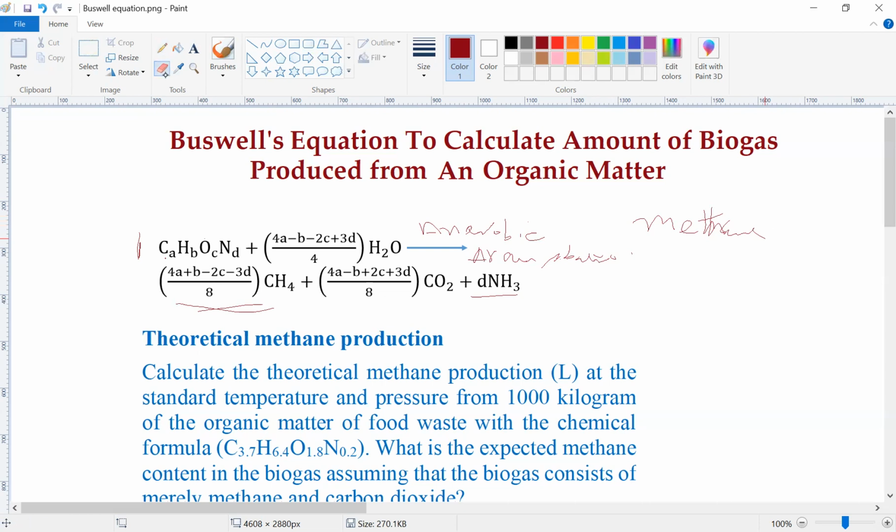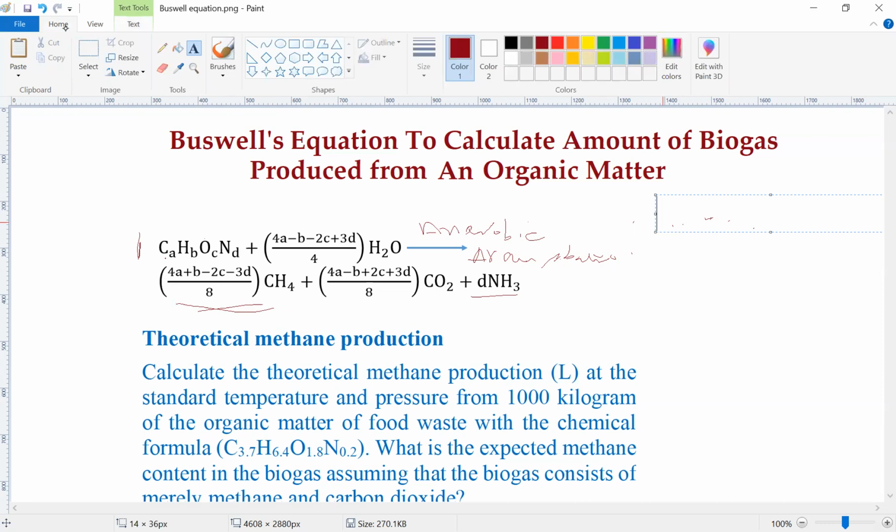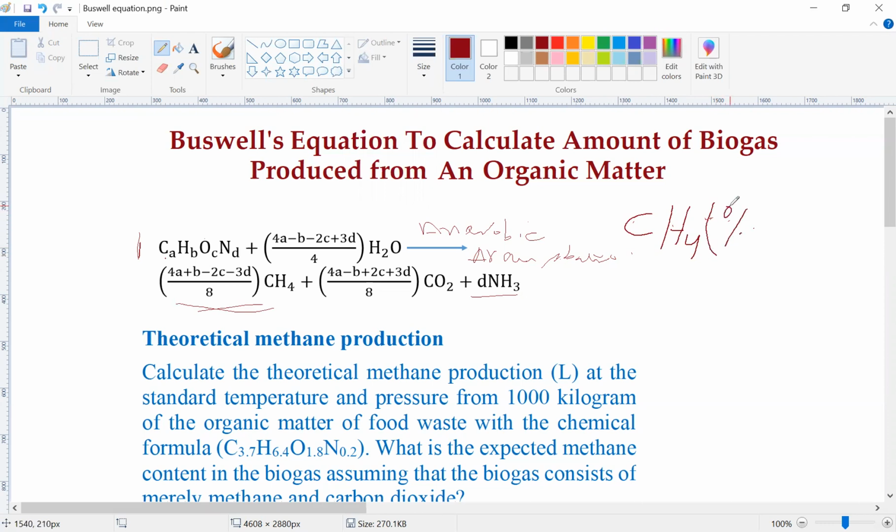So for that, let's take this out here, just for quickness. Basically, we are always interested in getting the amount of methane percentage-wise. If you have a biogas, because again the energy source here is methane, and we need to get the percentage of methane in the biogas, we can get it by this is equal to